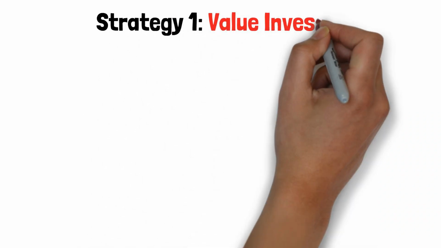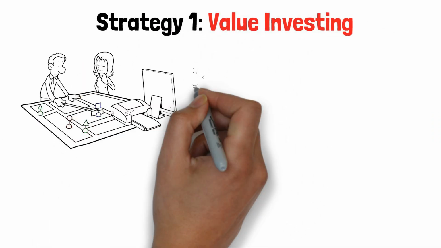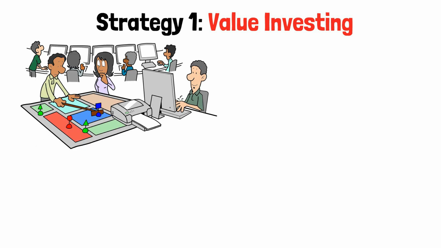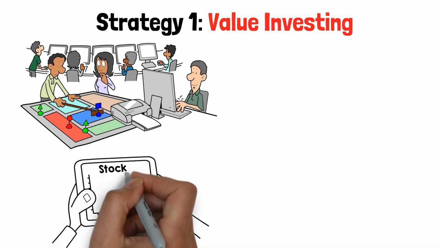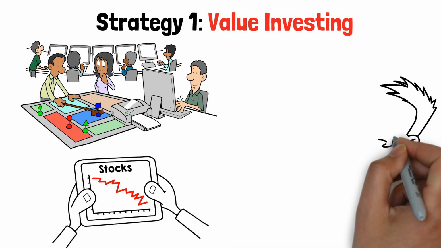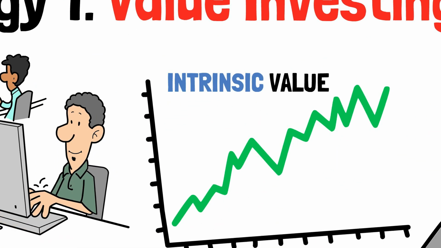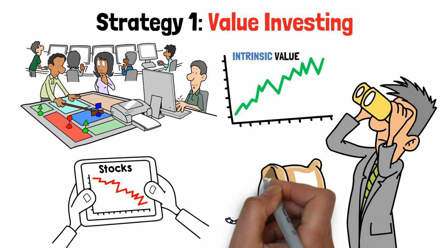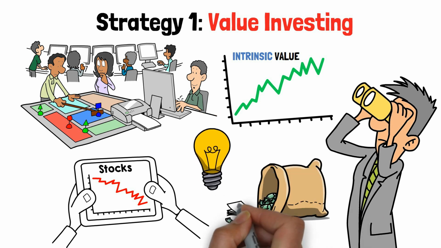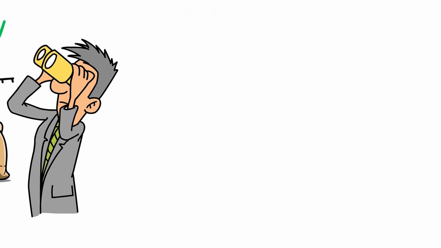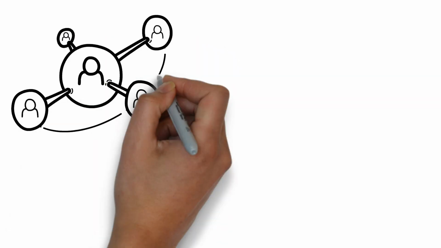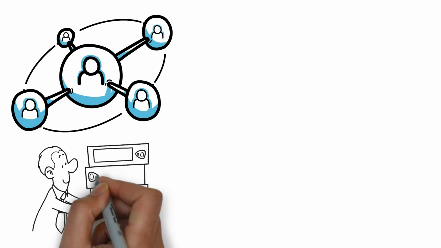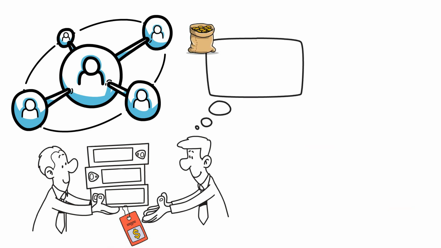Strategy 1: Value investing. Value investors are bargain shoppers. They seek stocks they believe are undervalued. They look for stocks with prices they believe don't fully reflect the intrinsic value of the security. Value investing is predicated, in part, on the idea that some degree of irrationality exists in the market. This irrationality, in theory, presents opportunities to get a stock at a discounted price and make money from it.